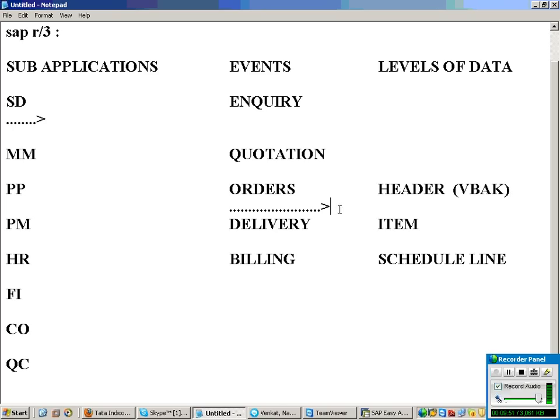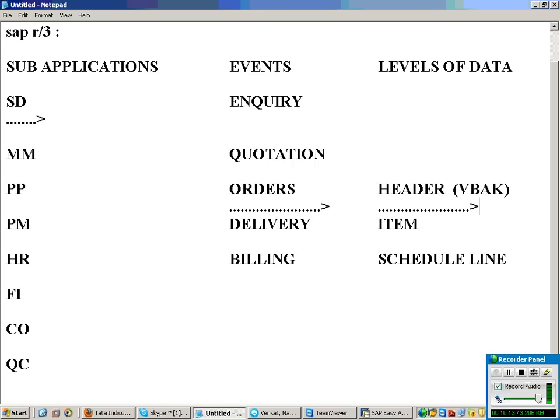Now suppose again under order I don't want to extract the entire data. Let us say I want to extract only header data. Now what is your data source now? Sales order header. It is stored in which table?